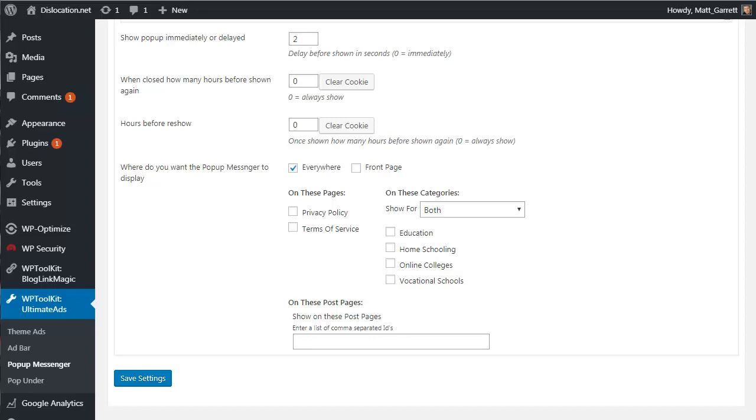If this pops up at the same time or really close to it, then you're taking away the power of both. You're diminishing what you're actually trying to achieve. So it's better instead to have a longer time set for this. Give the action bar a chance to do its work and get people clicking through on that, and then have